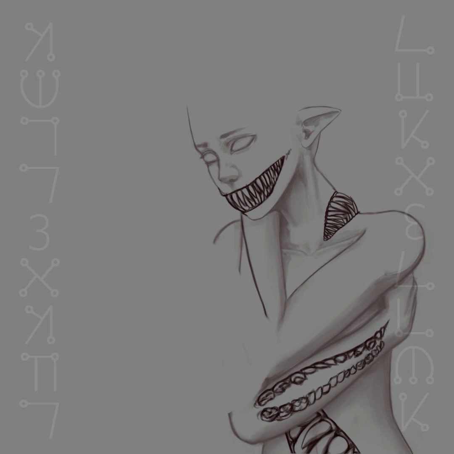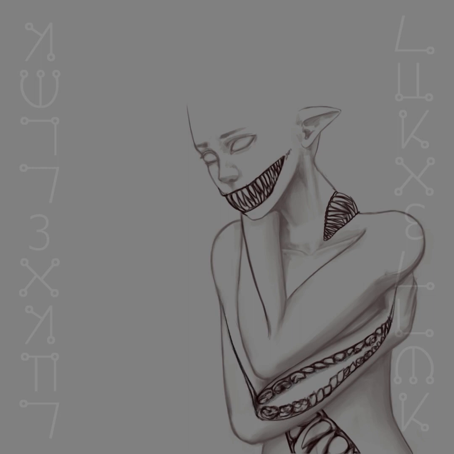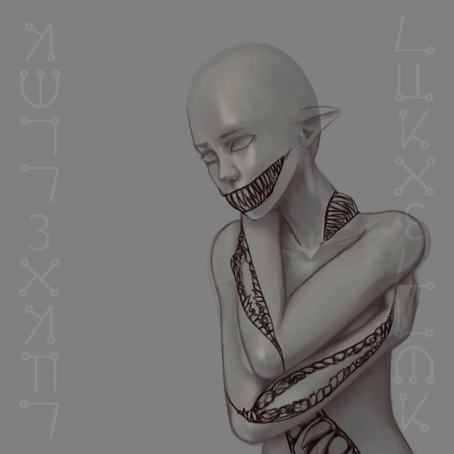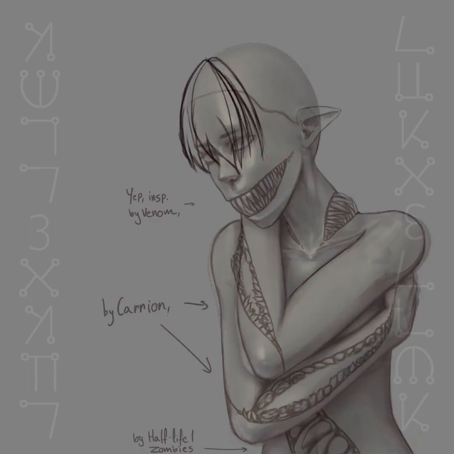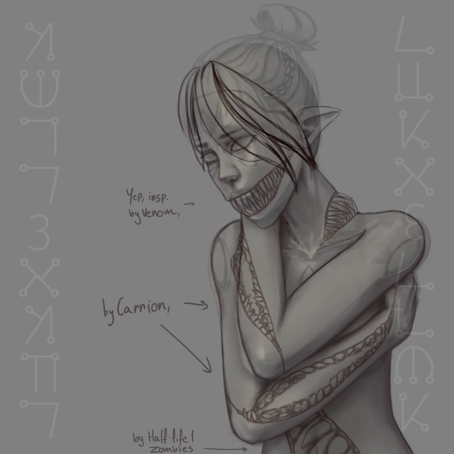I started recording too late, but as you can see I used the other girl as a base for her. This is because the theme of this picture was twins, contrast, subverting looks, kinda inspired by the Queen of Hearts playing card for composition. Her design is intentionally scary, inspired by physical horror like the zombies from Half-Life, the monster